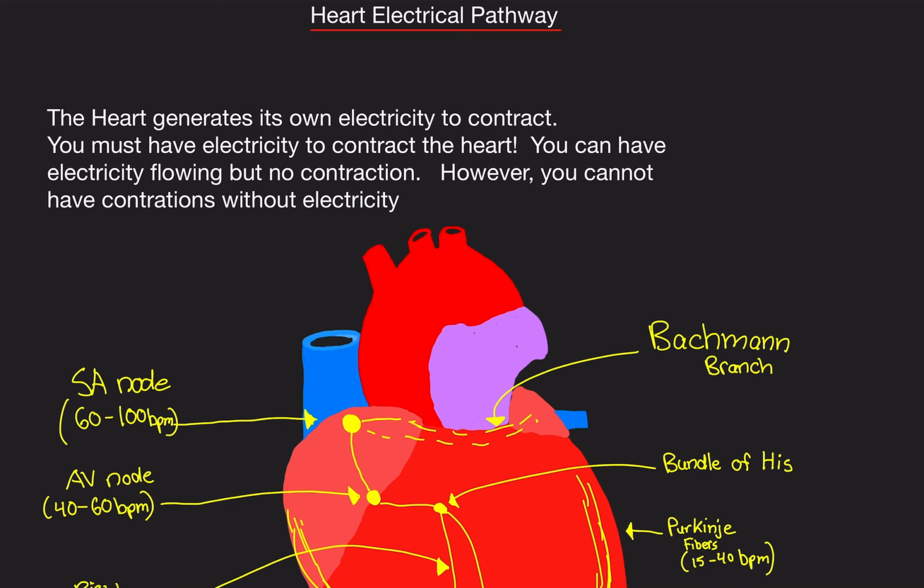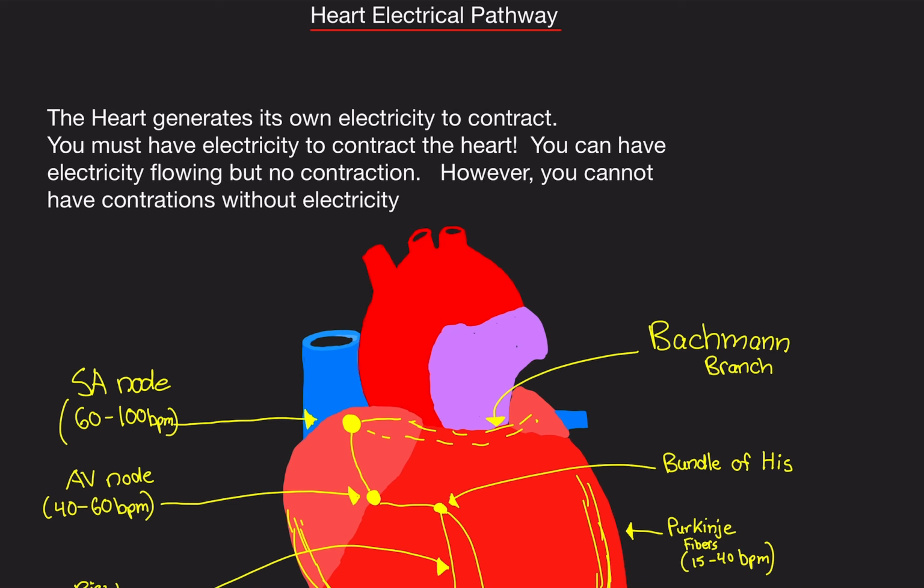Alright, welcome back. In this video, we're going to go over the heart electrical pathway. The heart needs to be able to contract to push blood throughout the body. We need to fuel our cells with oxygen and minerals and vitamins and whatever we need, and the way we do that is through the heart. We need to pump blood throughout the body. But how does our heart actually contract? Well, our heart is made up of many